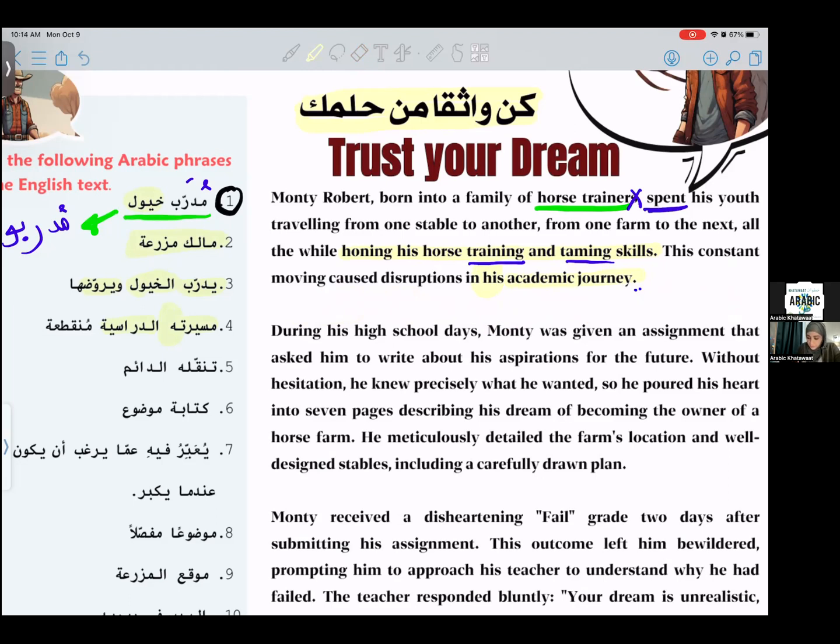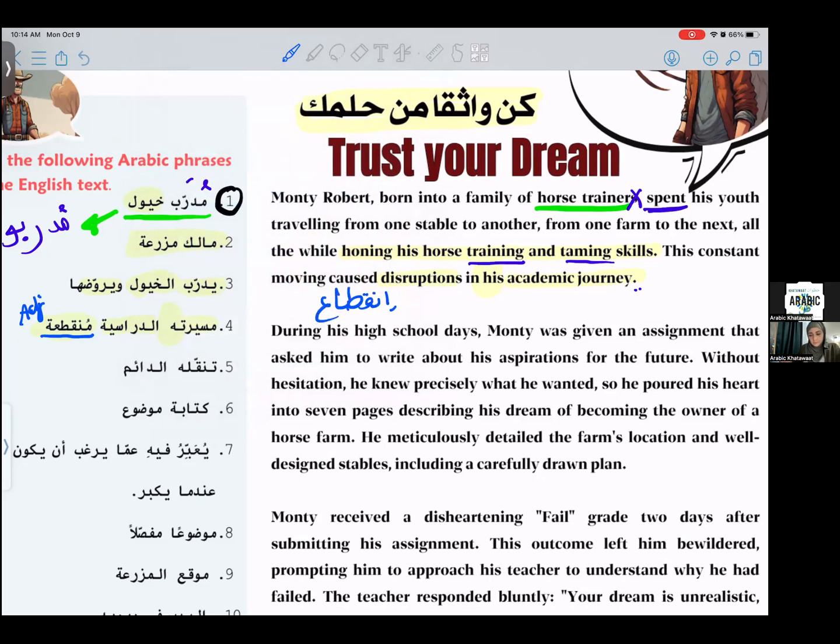Disruptions are nouns over here, but منقطع is a description. So I have to say disrupted or interrupted or cut off. منقطعة. So over here, I'm using منقطعة as an adjective. And we say انقطاع,